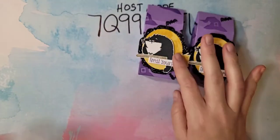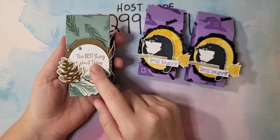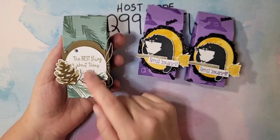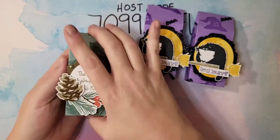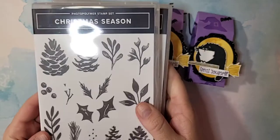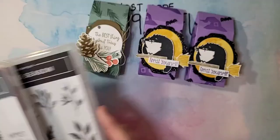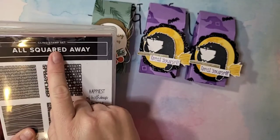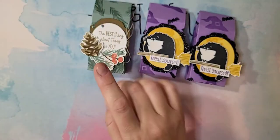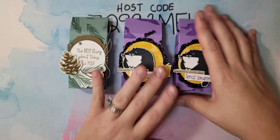So let me show you a different version if you don't want to do Halloween crafting. I made this one. Now this one could be for Christmas. You could add a Christmas greeting. This one, I just thought this would be great for fall or just the Christmas season. And so the stamps I used on this one, you guys know I'm obsessed with this one. I love this one in the holiday catalog. And then my greeting is from the All Squared Away. It is this one down here. So just another version. They're the same size, but